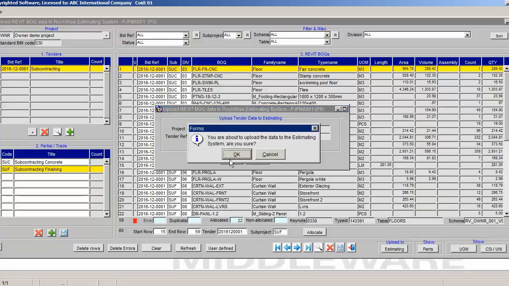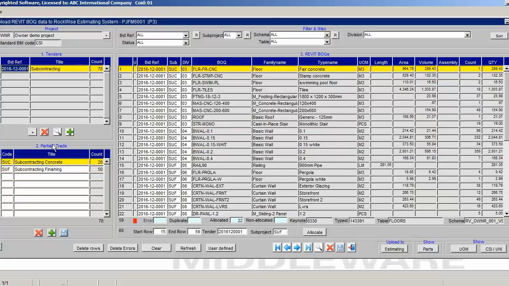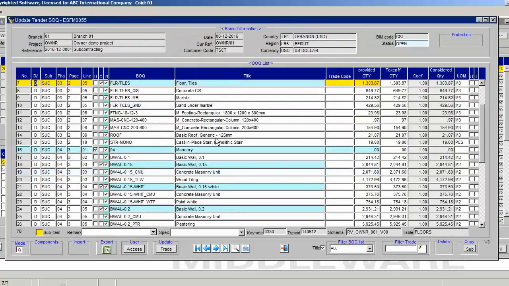78 BOQ elements that include 61 types and 17 sub-elements are counted. You can easily open a full overview of the contract with its CSI divisions automatically generated. You can also see the wall sub-elements or composite items in their proper place. Using sub-elements, the manager can now price differently the single BIM type that was modeled by the designer. Here, the price and units of the CMU can be completely different than the tiling, even though they belong to